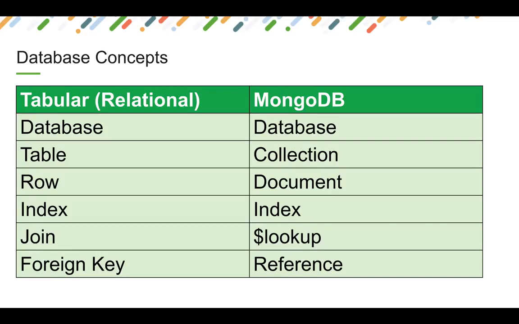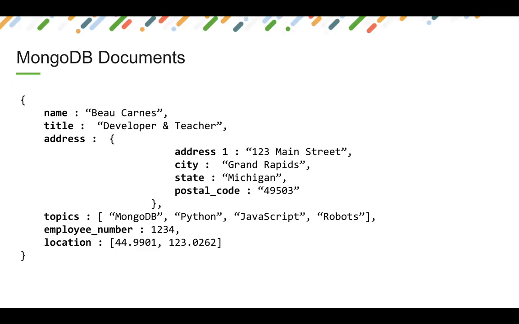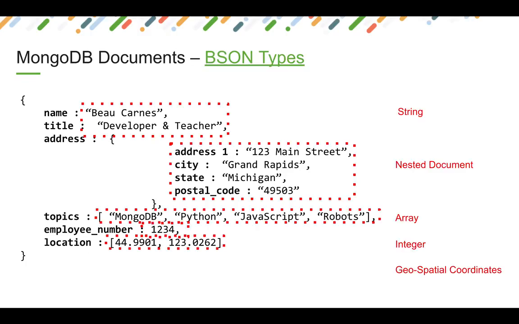MongoDB is very well suited for handling data with a wide variety of relationships. We're not going to cover all of these concepts in the app today, but I just wanted you to be aware of some of the differences. So let's look at the document model. This is an example of what a MongoDB document looks like. It looks a lot like JSON. We can see a variety of relationships, an address, a title, and